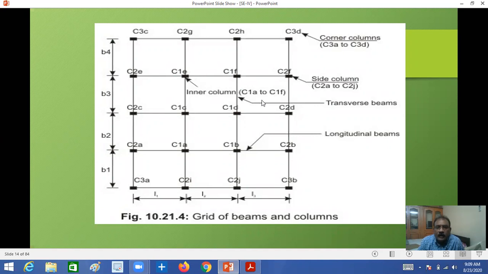According to shape, you may have circular columns, square columns, L-shaped columns. You may have different types of columns: L columns, circular columns, square columns, rectangular columns, T columns, octagonal columns, like that. According to shape, you may have a number of columns, but mainly these are the two important types of columns, depending upon tie reinforcement and depending upon the axial load and moments.